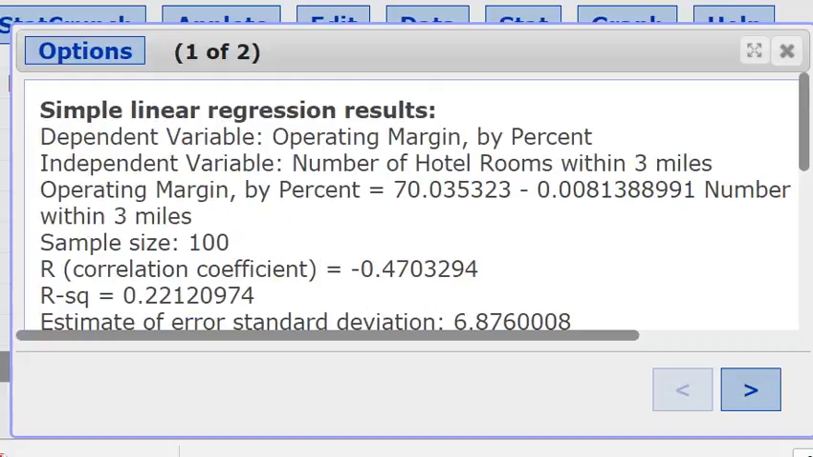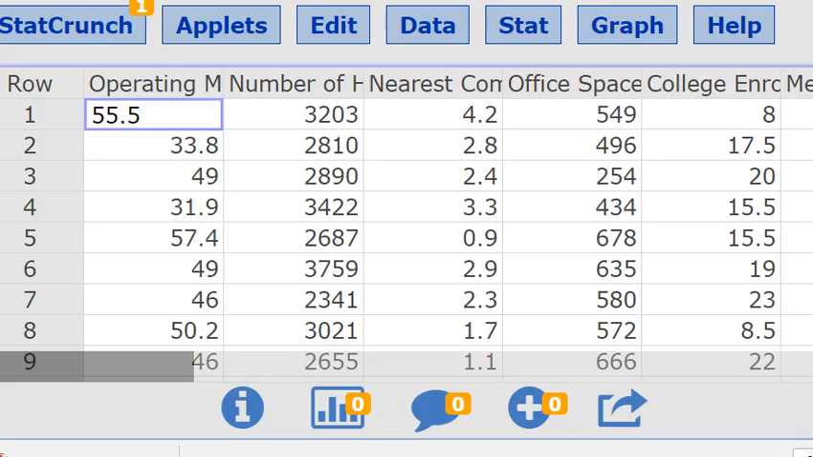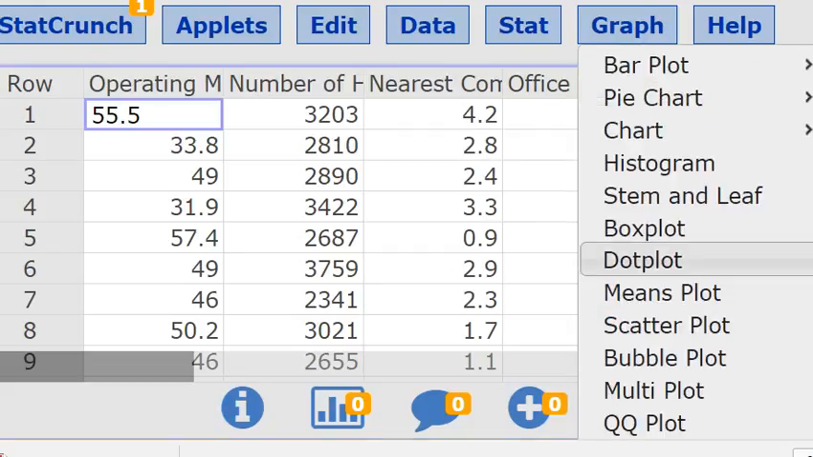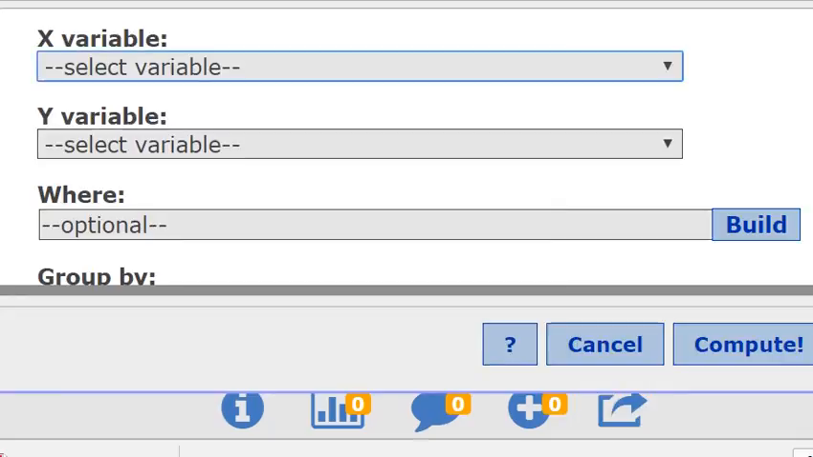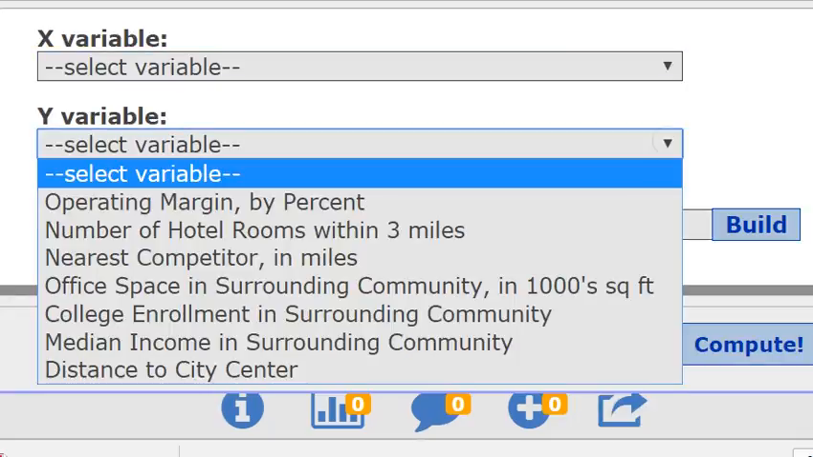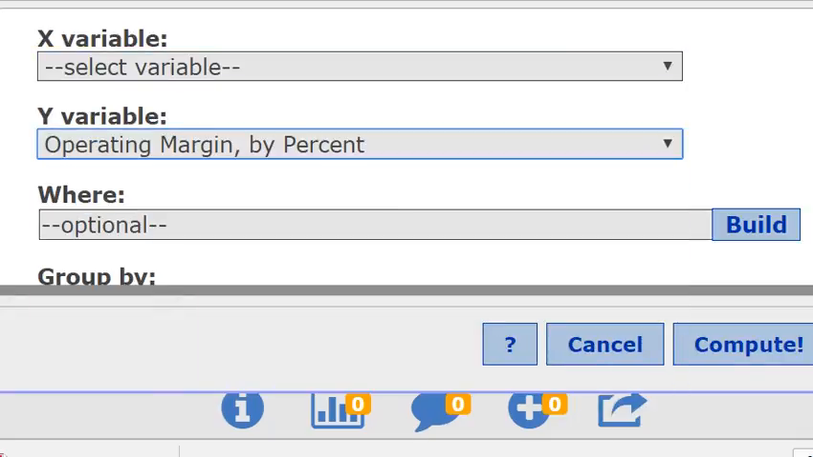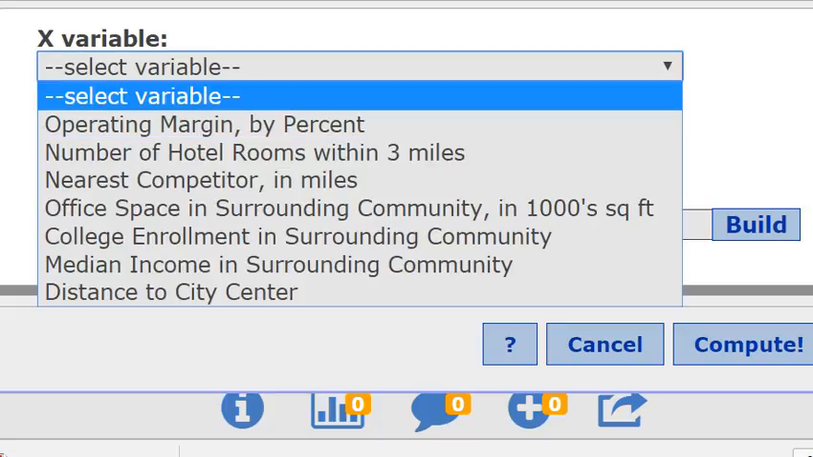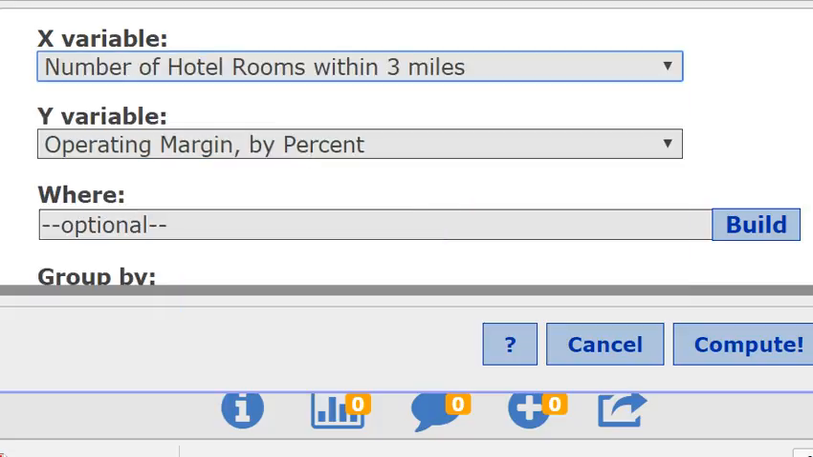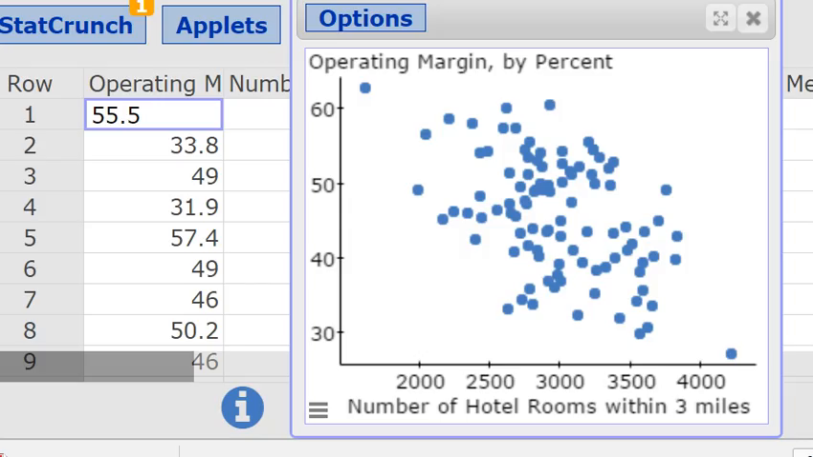Excuse me, I'm going to get out of here real quick, and I'm going to look at a graph just of the data itself without the regression model. I do have the regression model, but a graph, and that is a scatter plot, again, of the operating margins, what you're trying to predict. What you're predicting with is the number of hotel rooms within 3 miles. Here is my